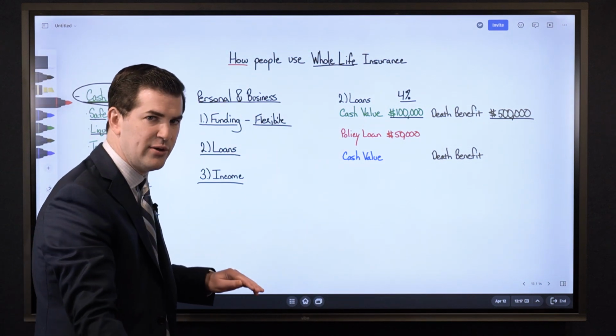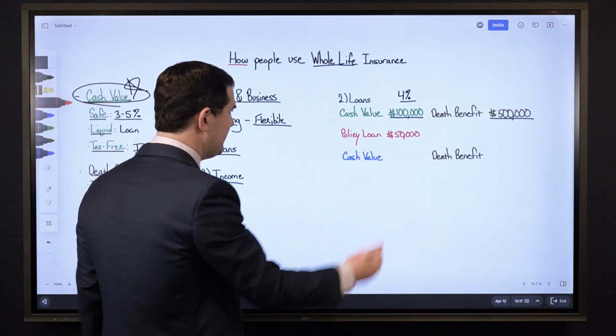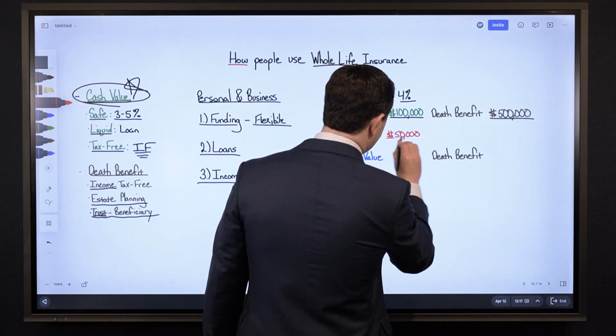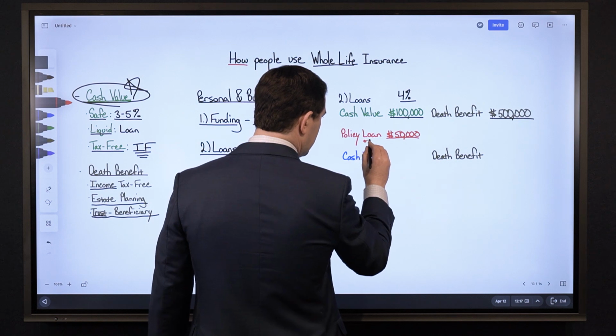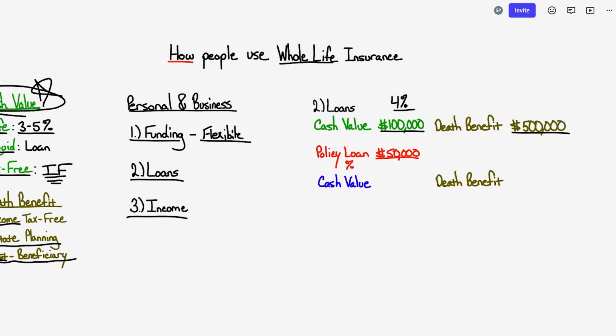How much of their cash value can they access and such? But in this example, to keep it simple, $50,000. Okay. You've got a cost to borrow, loan interest. That goes where? If you take a mortgage out against your appreciating real estate, where does that loan interest on the mortgage go? Does it go back to your real estate? Does it go back to your property? No, you pay it to the bank.